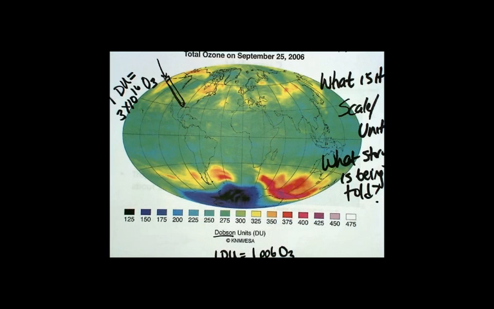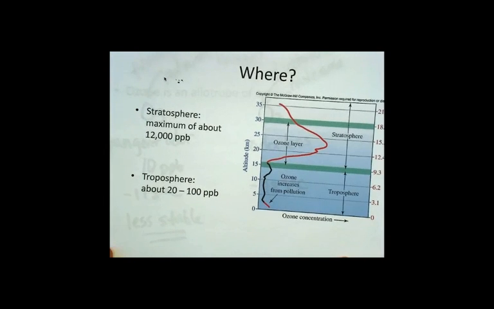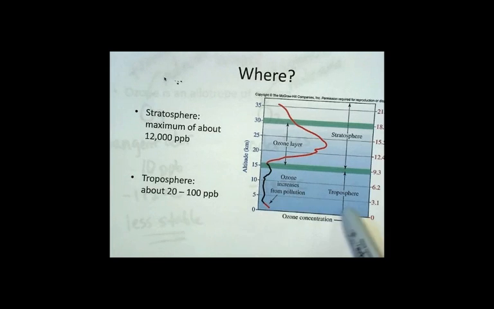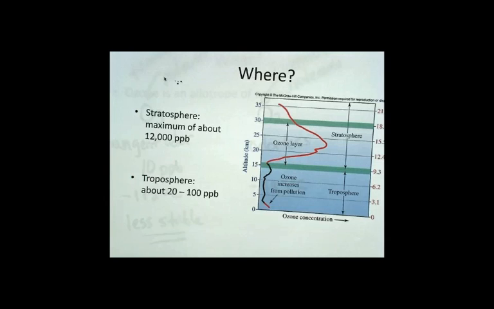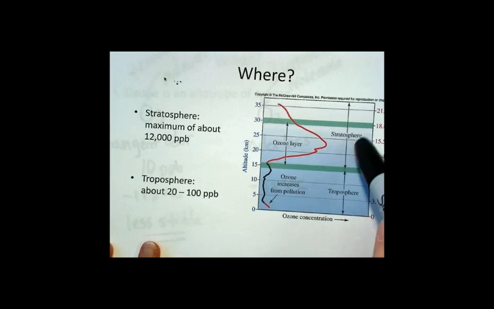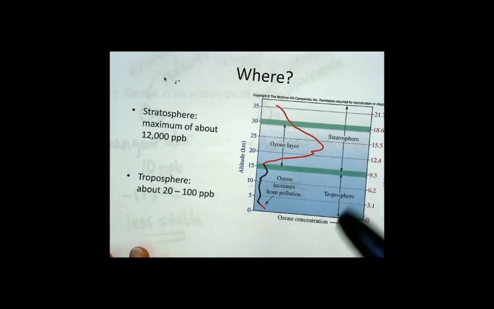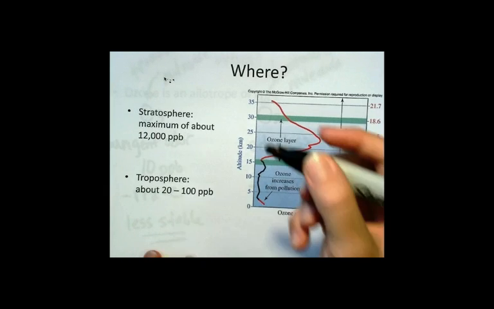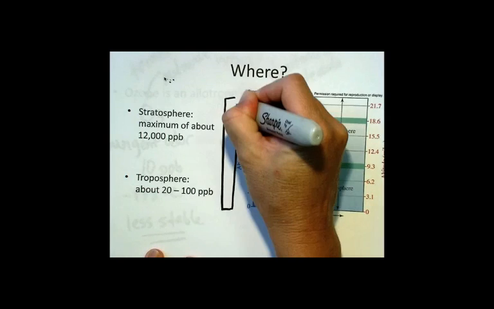what's going on. Okay? And I want to flip back to this picture one more time, just to make sure you understand the difference between the information in this graph and the information in this image. In this graph, we're looking at altitudes, and we see that at a particular altitude, the ozone concentration is higher. So in this way, if this were our column of air, our 1 centimeter